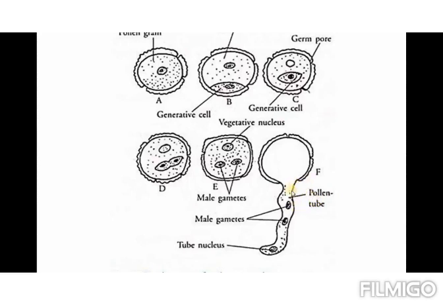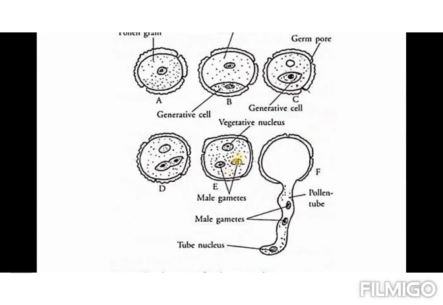Now this pollen tube is carrying, now both these male gametes will come out in the pollen tube. This pollen tube will increase in the size. How it will increase in the size? This pollen tube will go out in the style of the flower. In the previous lecture we have studied that pistil or the gynoecium or the carpel is having three parts: stigma, style and ovary.